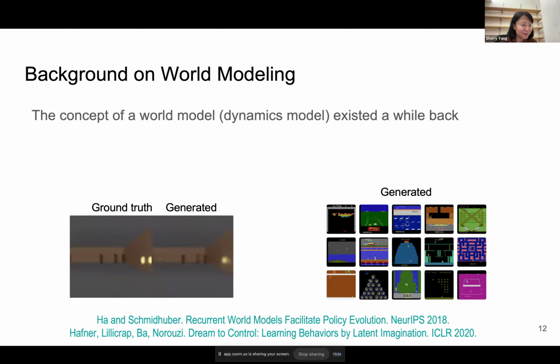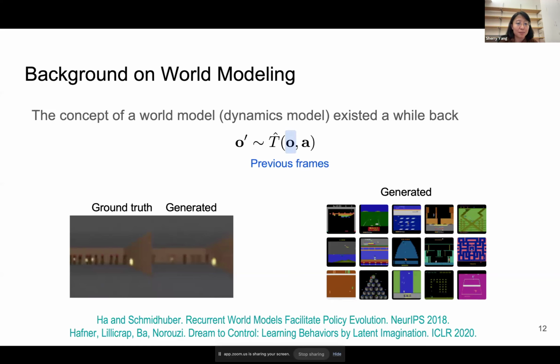World models is all of a sudden a very popular topic these days, but actually the concept of the world model existed a long time ago, way back when people started training these dynamics models on video game data. The world model definition is pretty straightforward: you have some observations, for example, previous frames in a game, and you have some actions, which are keyboard controls. You control how you play the game. And then the world model is simply a dynamics model that predicts the next frames as a result of running these actions in this environment.